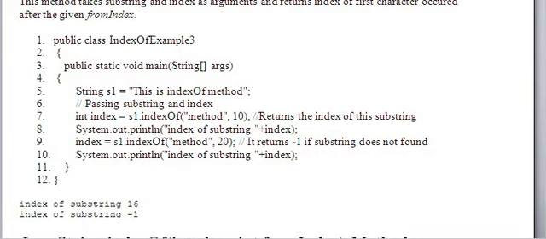So what is the string s1? This is indexOf method. So if you won't find the substring, then it returns -1. Look at the output.